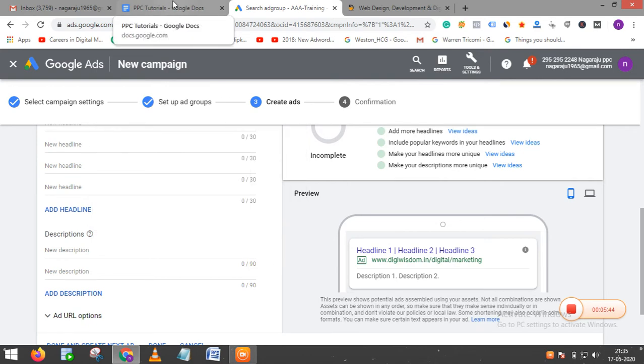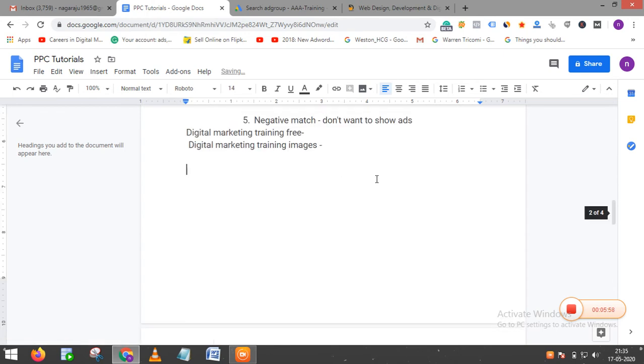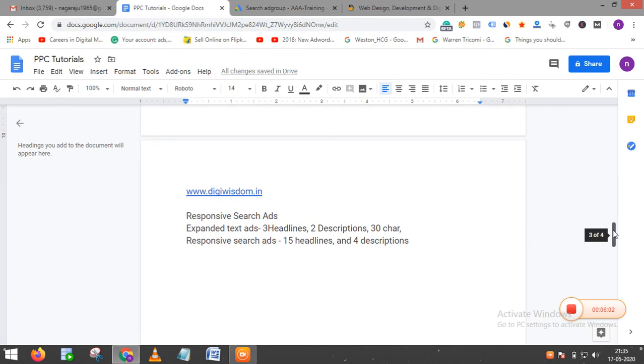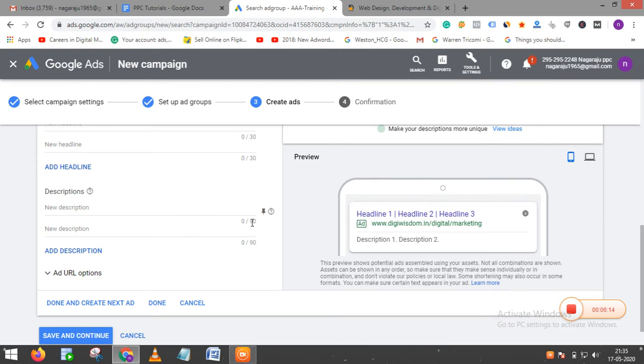The character limit: for headlines it is 30 characters, and for descriptions it is 90 characters.